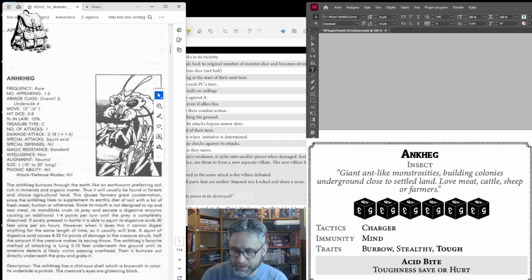All right, flavor text. Giant ant-like monstrosities building colonies underground, close to settled land. Eat, love, meat, cattle, sheep, or farmers. Okay, I could work on that,